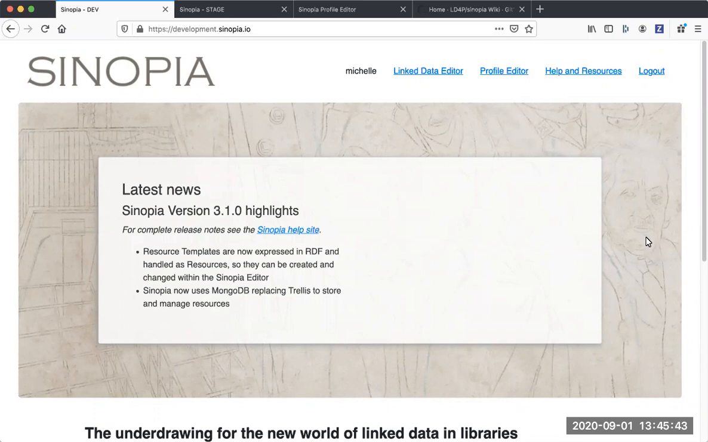There are two major improvements in this release. First, templates are now treated as resources, and second, we have a new storage layer. Let's talk about the storage layer first. We're not using Trellis anymore to store the RDF created in Sinopia. We're now using MongoDB, which is more widely used than Trellis, and which will be a stronger foundation for future